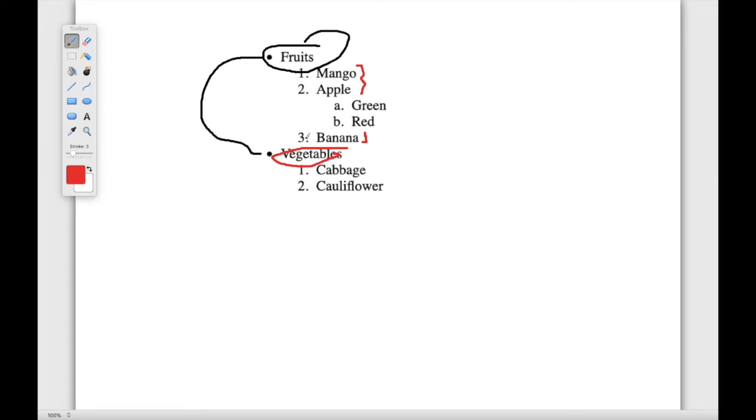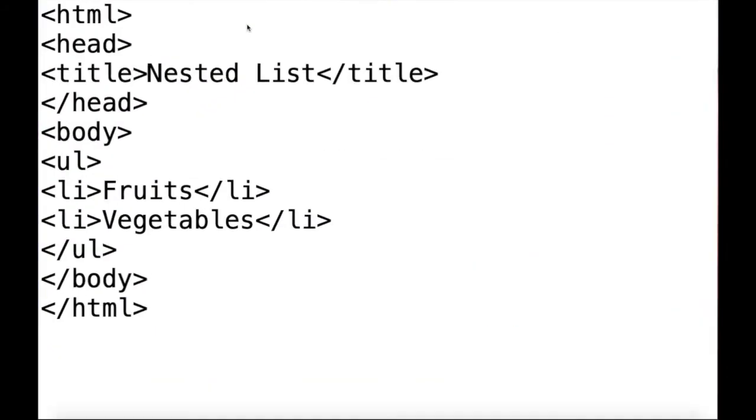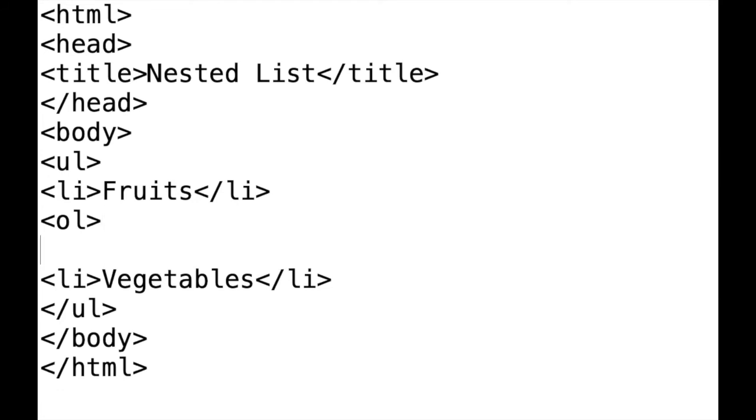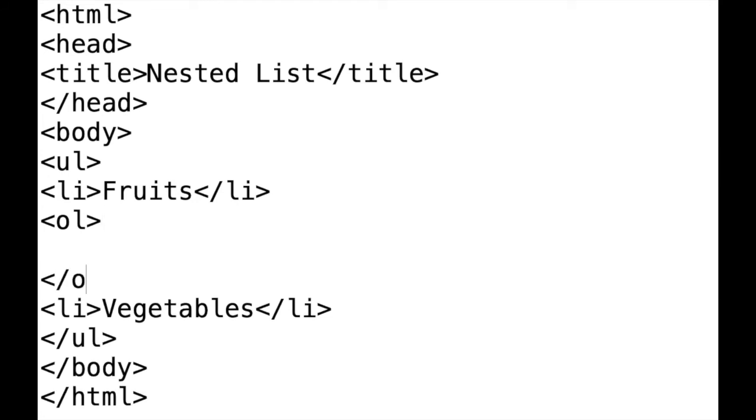So it comes under ordered list or unordered list? It comes under ordered list, and the default ordered list. So what we'll do here, it is coming after fruits, within fruits. So after fruits only, we'll create an ordered list. We'll just start ordered list and we'll just end ordered list. Now within fruits,